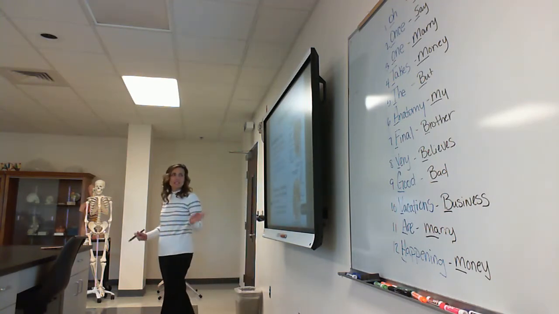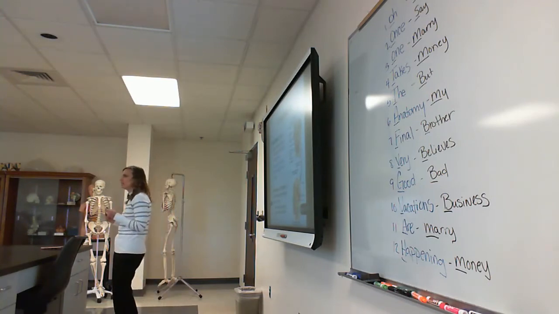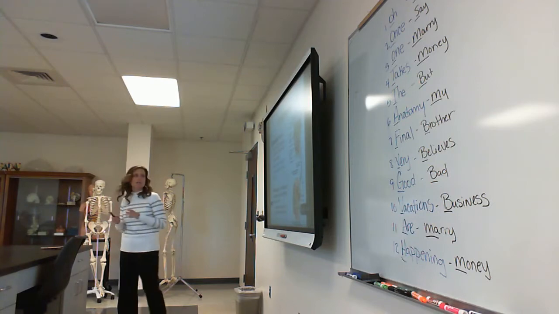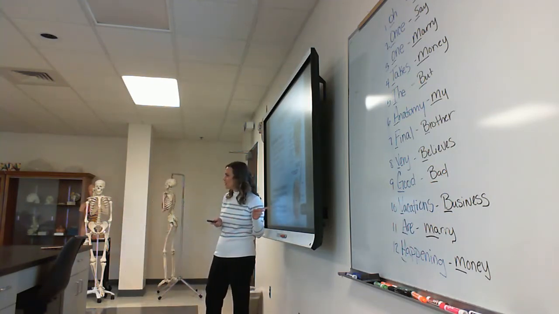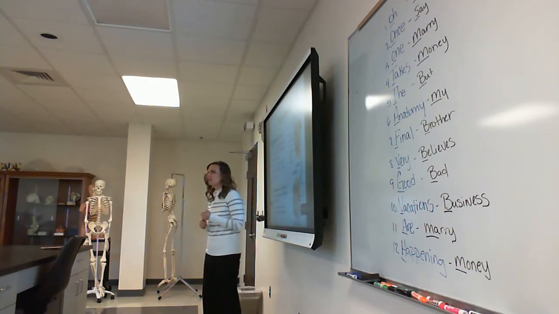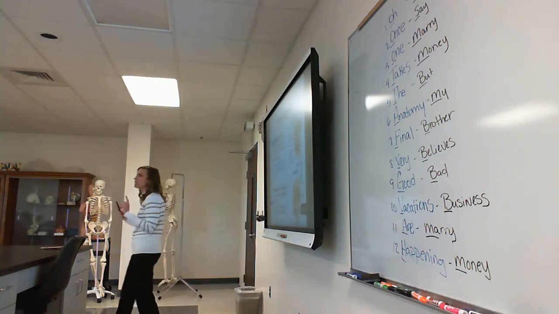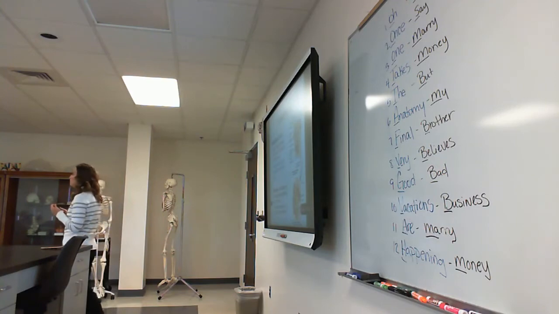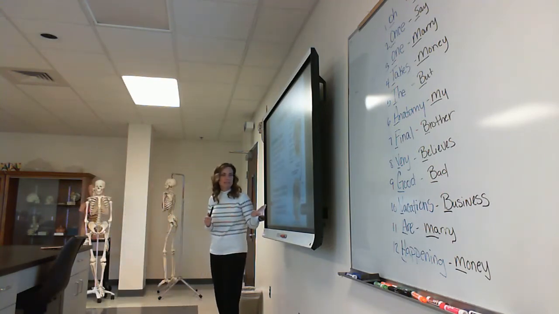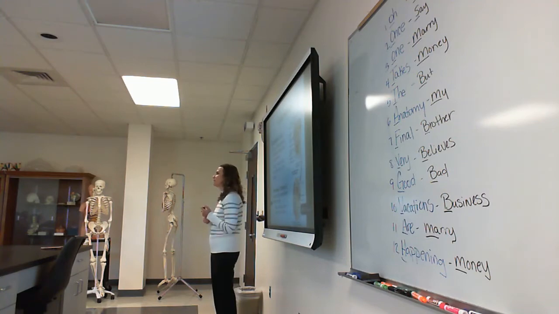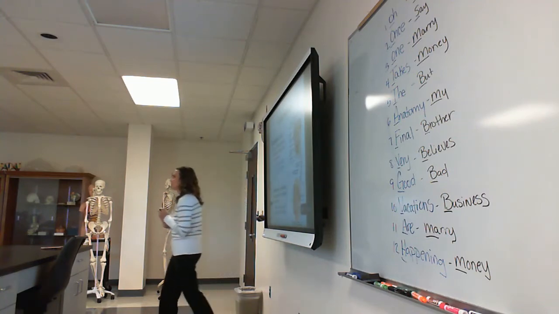Now there is a condition called Bell's palsy. Does anybody know anyone who has had Bell's palsy? Bell's palsy is caused by inflammation of the facial nerve, which is caused by the herpes virus, herpes simplex 1. There's lots of different simplex, yes. This is not the genital herpes. This is not the STD herpes. It is cold sores. And so if somebody has herpes simplex 1, herpes, if I can explain this,